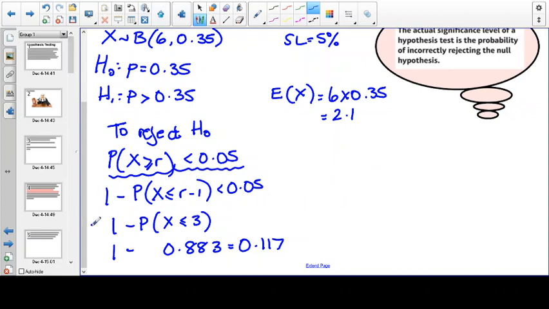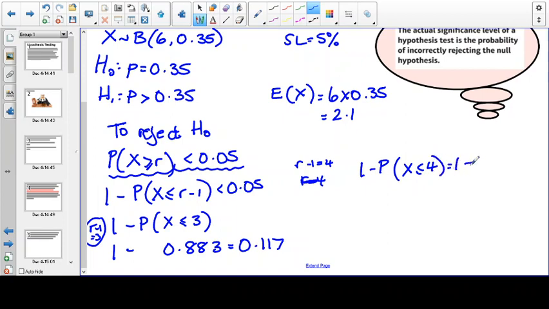So that was r equals 3. Let's now do r equals 4. That's wrong again. That's r minus 1 equals 3. R minus 1 equals 4. So 1 minus probability that x is less than or equal to 4